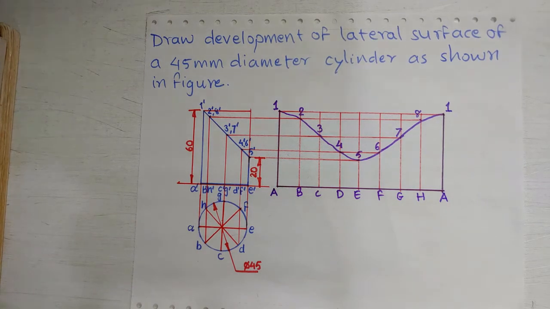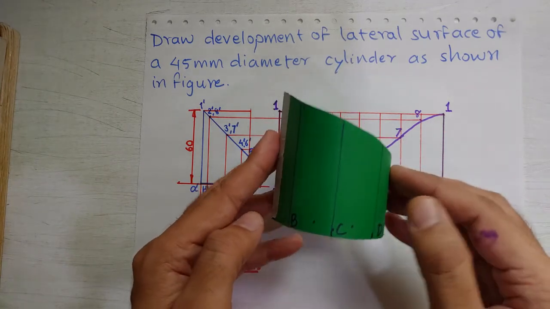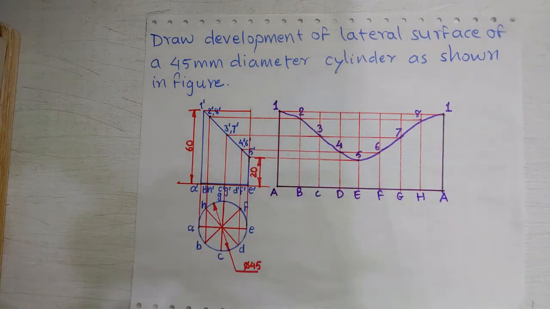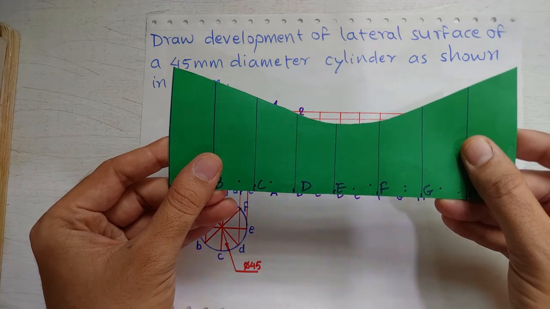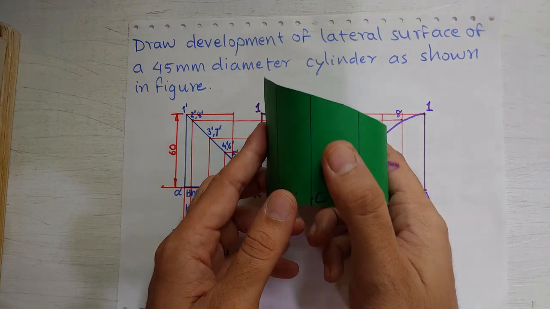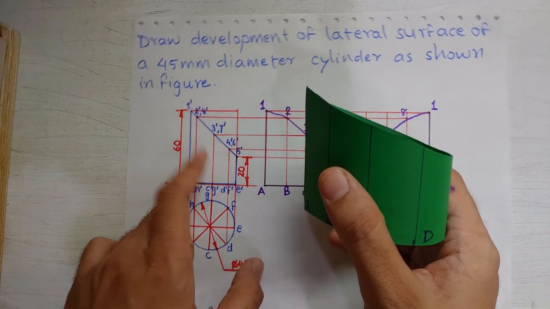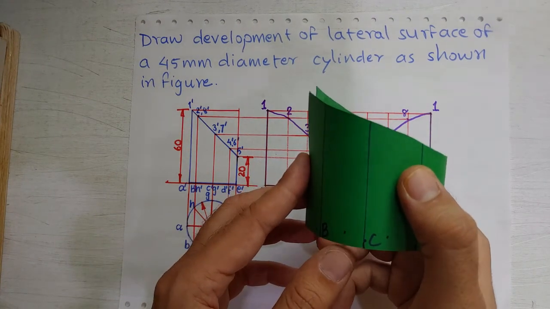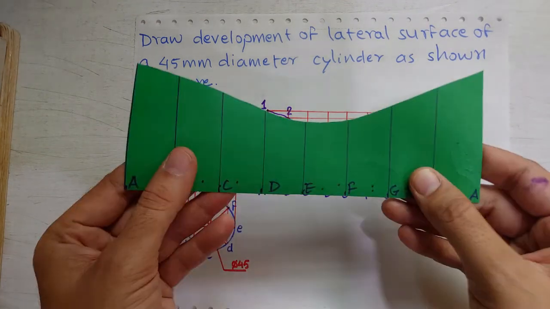If we see the model of this problem, this is what we want to make, right? We want to make this type of cylinder. So what we need to do is, I am opening it for you now. We have to draw this shape on the sheet metal, and then we need to fold it. If we fold it, then we get the required shape. This is not the exact problem which we have discussed, but the shape is similar to that. Just for explanation, you can consider this, and now you can see when you open it, we get this shape.